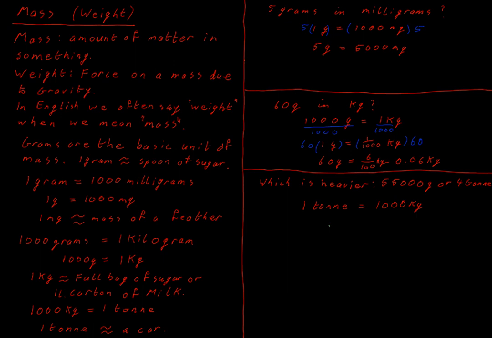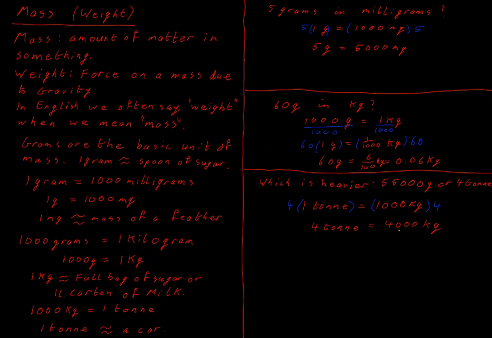So to get 4 tons, I'm going to multiply by 4. Now this doesn't get me to grams, so I'm going to have to do this in 2 steps. I don't have a relationship for tons to grams. I have a relationship for tons to kilograms, and then I can go from kilograms to grams. So I can do it in 2 steps, and it's important we not try to skip ahead. We do this out step by step, and in that way we get our full marks and we don't make any mistakes. So now I know what 4 tons is in kilograms,